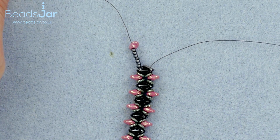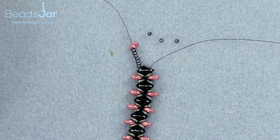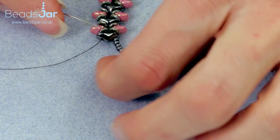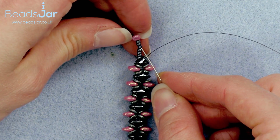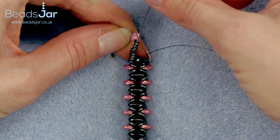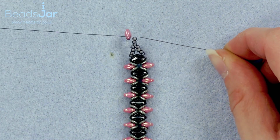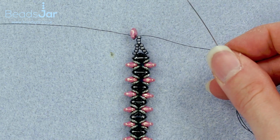And we're going to add our 4 seed beads here. So 1, 2, 3, 4. On this side we count 1, 2, 3, 4, and we're going to go up through the 3 and just out to the side of that. So I'm not going through that SuperUno that was our starting bead. Okay. So you can clearly see the starting thread and where we're coming out with the thread with the needle